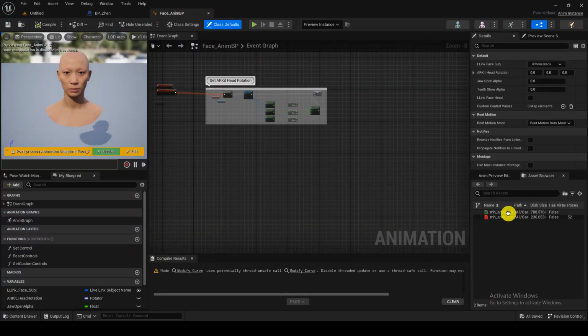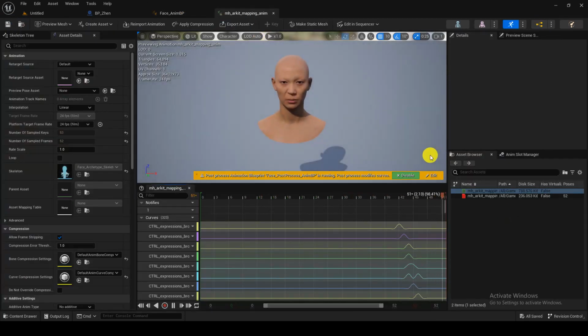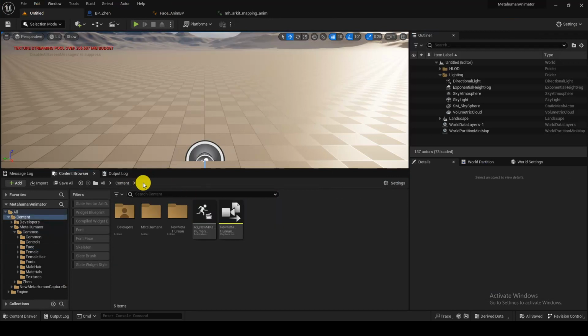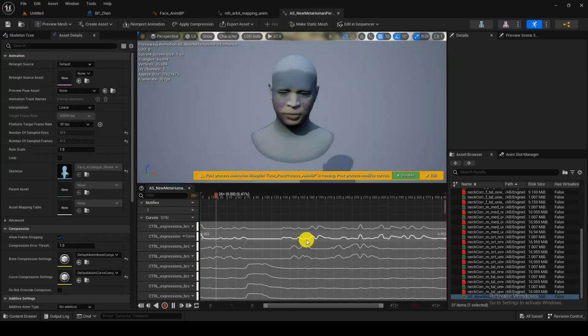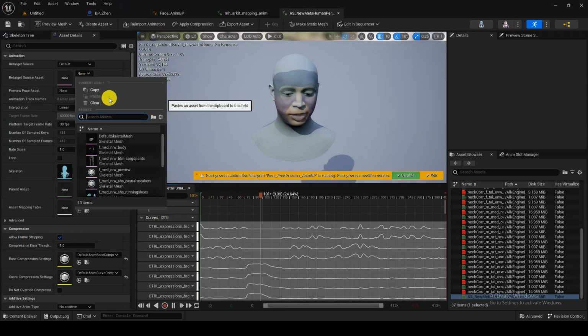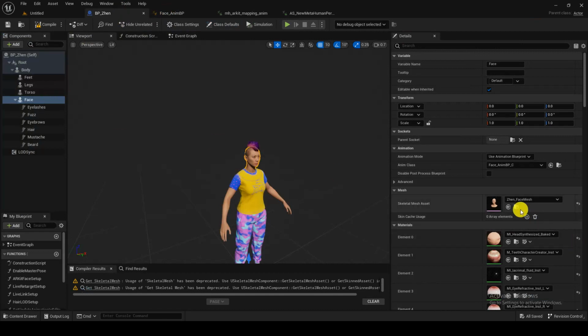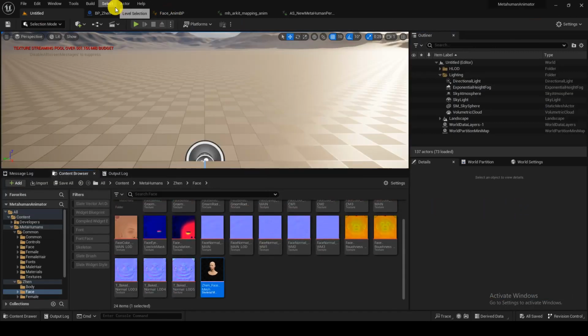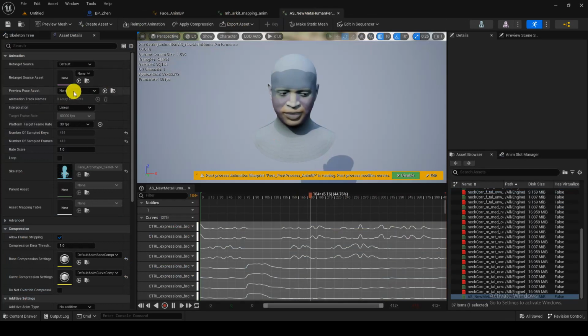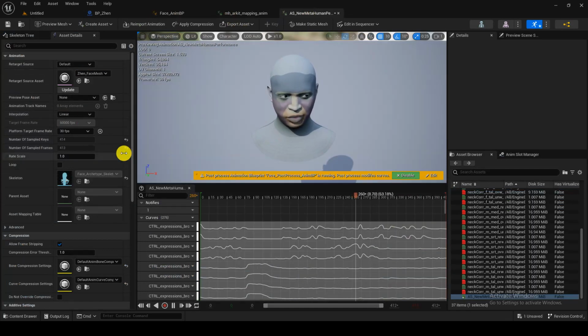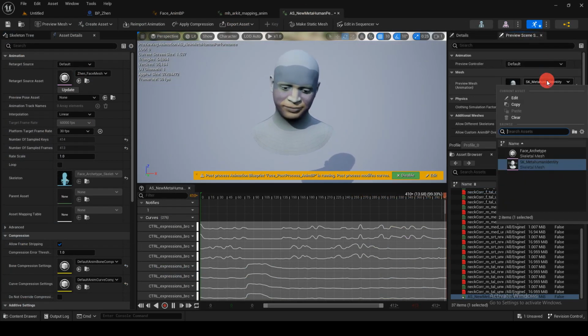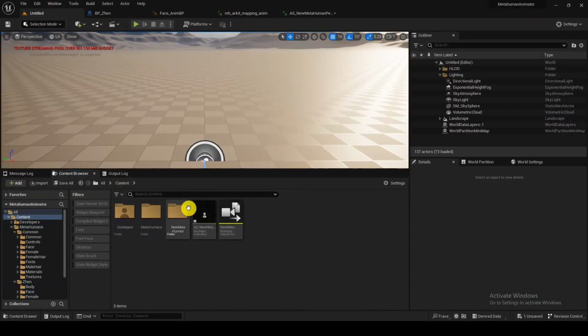Or, okay, the animation is not visible for Zen if I'm not wrong. Let me check the Zen's face so we can retarget it. Zen face, let me check if it is coming for him. Nope. Let me go to the content again,